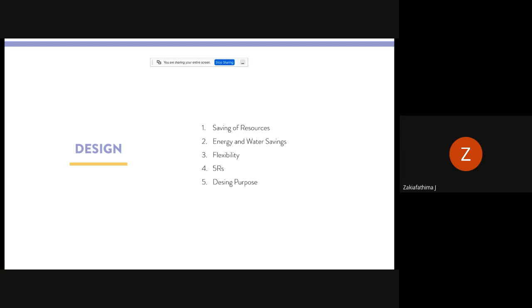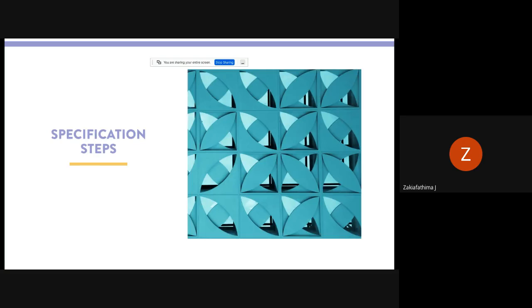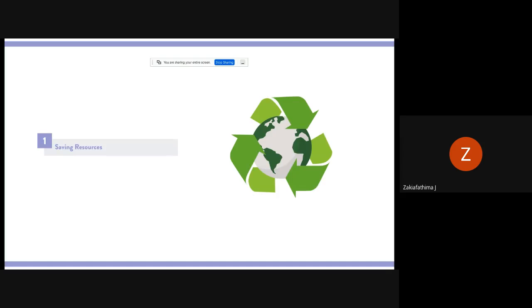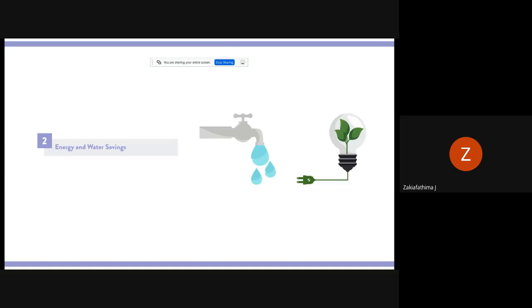So, what is required for your specification? The steps for designing: saving of resources, energy, and flexibility, and your design purpose. Saving resources is very important for your sustainable design. You reduce, reuse, and recycle. Then energy and water savings, as much as possible, you try to save your energy through the use of green buildings, and then you save your energy and water resources